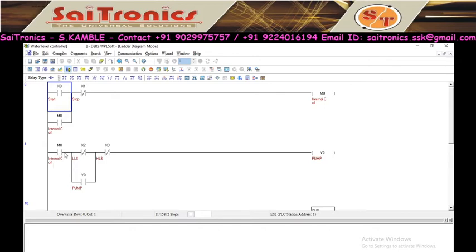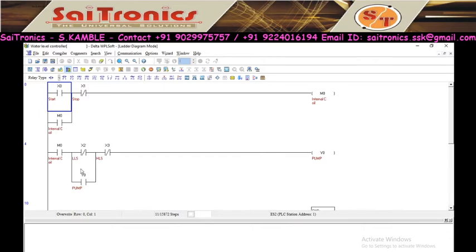Right now it is open. So when you press the start button, this will become closed, this will become closed. Then X2 is the low level sensor, and HLS is the high level sensor. Both are normally closed. So when you press the start button, this automatically becomes closed, the circuit becomes complete and my pump turns on. As soon as the pump turns on, this Y0 becomes closed and the water level will